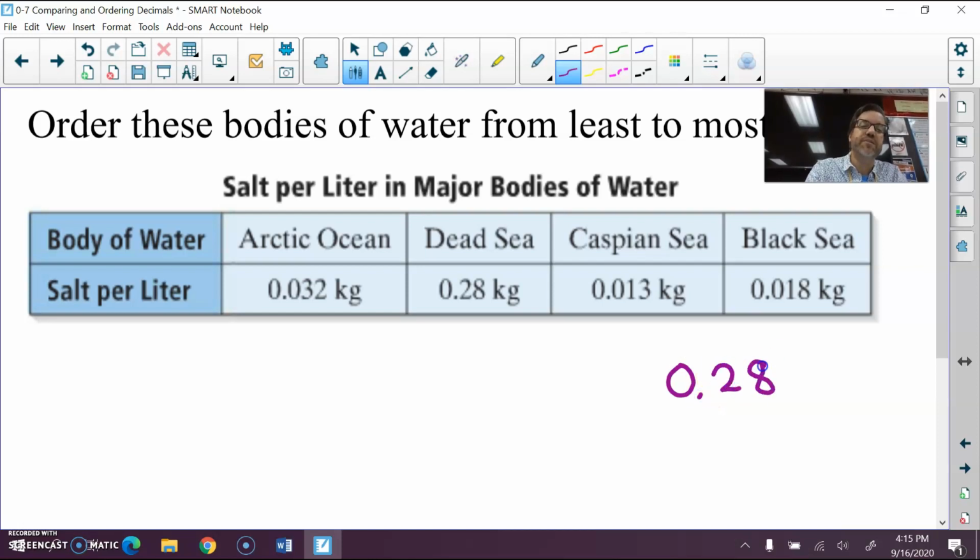That's my greatest. Okay, I'm going to list these from least to greatest. So I know this one's the greatest. Now the others all had 0 in the tenths place, so I go to the hundredths place. Here's a 3, here's a 1, and here's a 1. So this 3 would be the next largest one. So 0.032 goes here, and it's less than 0.28. And then the other ones both have